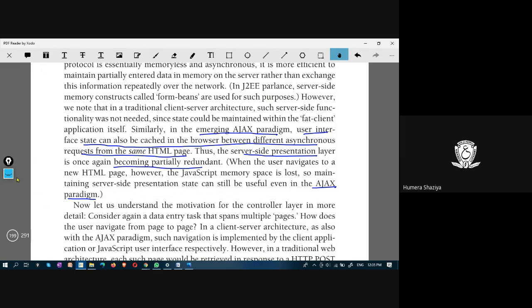If you are running a program, it would occupy some memory, and when you close that program and open another program, that memory will be deallocated and allocated to a new program. In that scenario, whatever Ajax stores in the form of a cache in the browser will be retained, will not be lost.